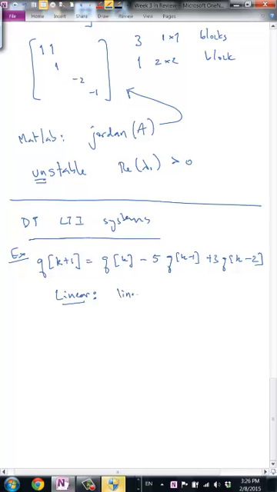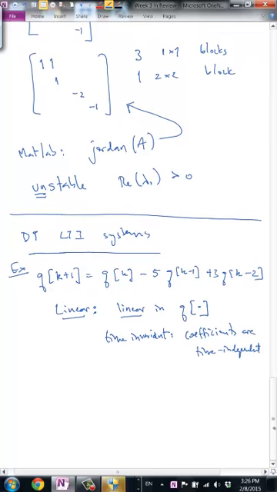So it's linear in all the q's. You have a q of k minus 1, but you never see a product of these or a square of these. And it's time invariant because the coefficients don't depend on time. So the coefficients are time independent. And so what we said in class is that, just as for differential equations,